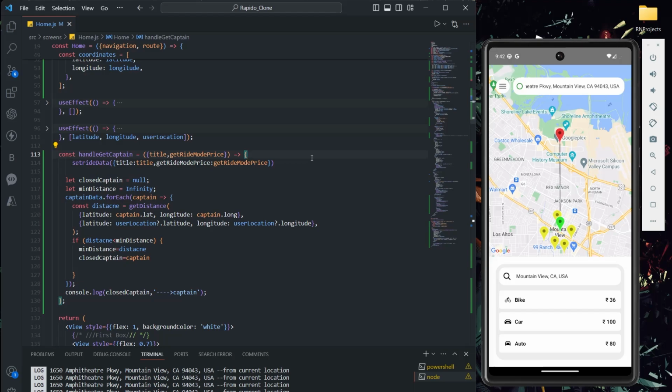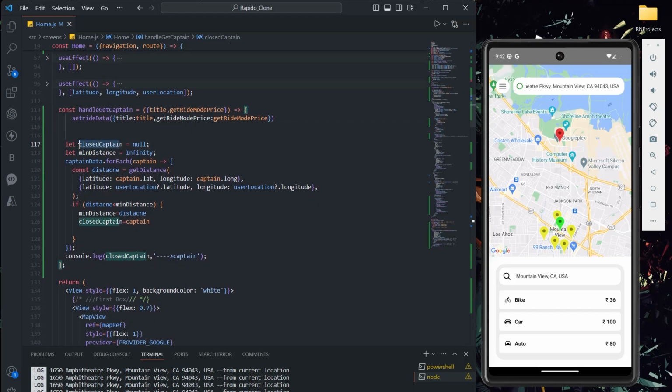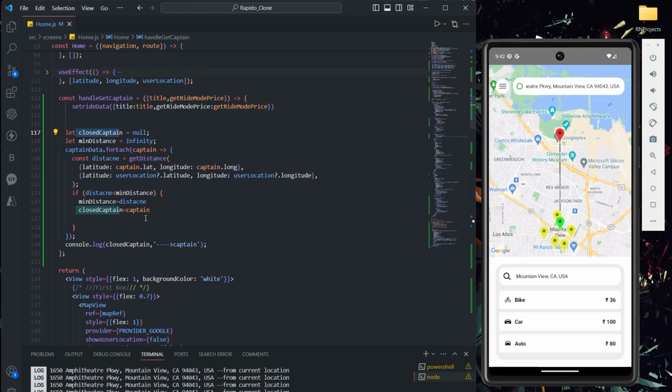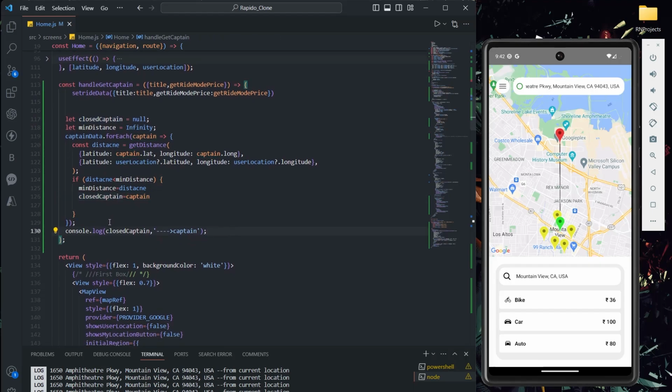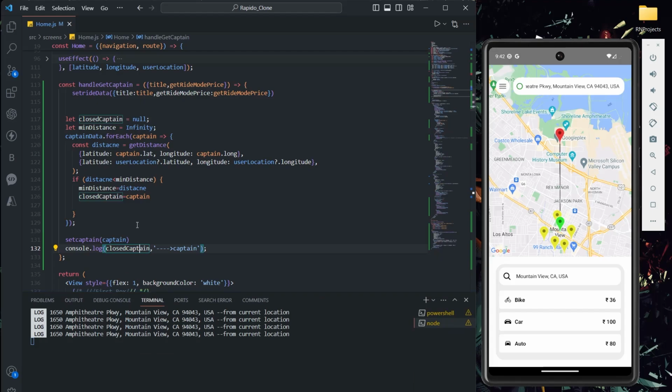Okay, that's it. After that I have to get the captain also, right? So to do that, I'll say directly below this console, above this console, setCaptain. I'm going to store this captain. That's it, done. We have all the data, whatever the user selected, that riding data, and we have this particular captain data also.